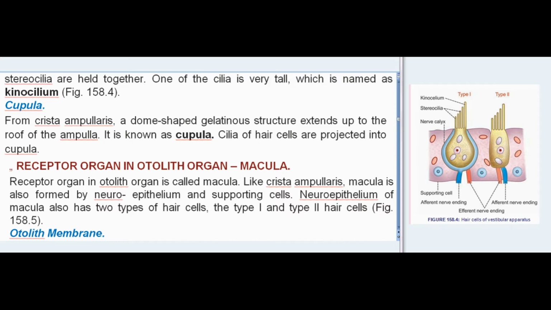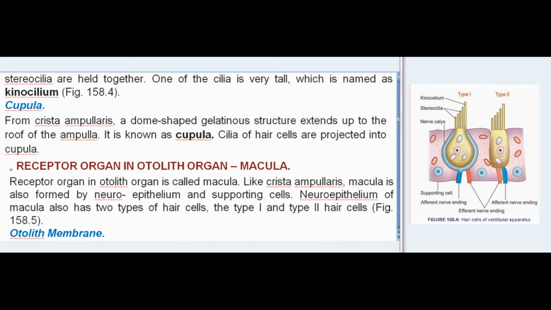158.4. Stereocilia. Each stereocilium is attached at its tip to the neighboring taller one by means of a fine process called tip link. Because of the tip links, all the stereocilia are held together. One of the cilia is very tall, which is named as kinocilium, Fig